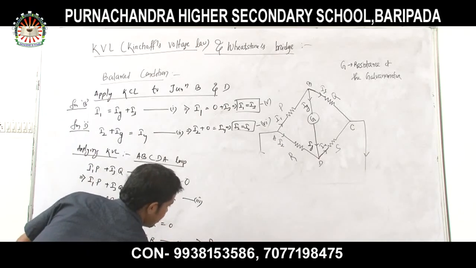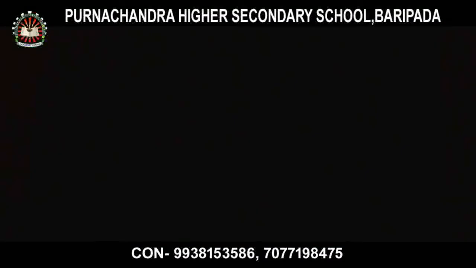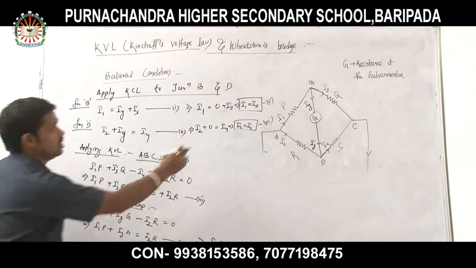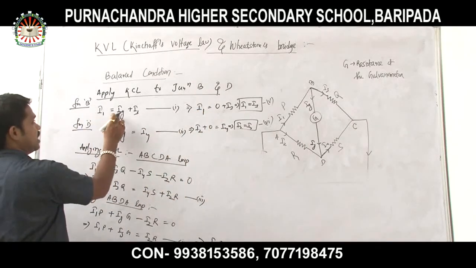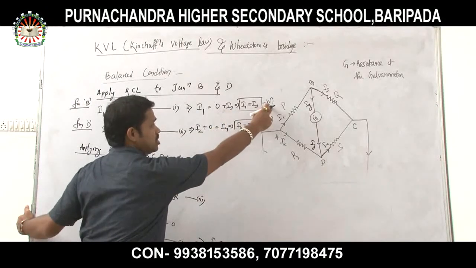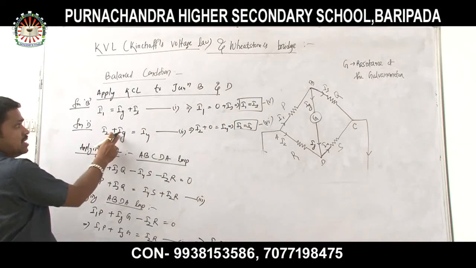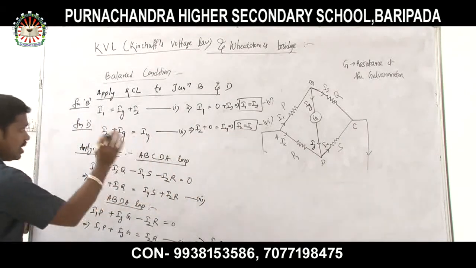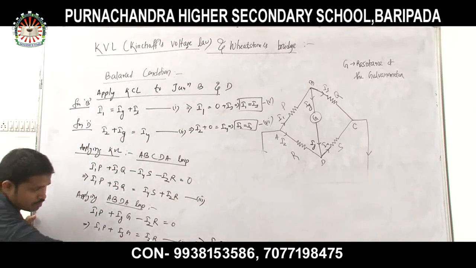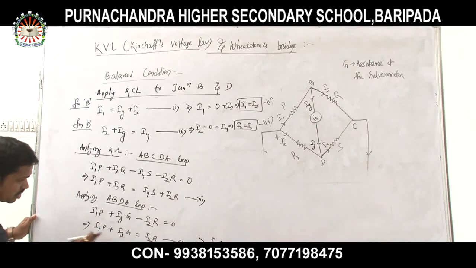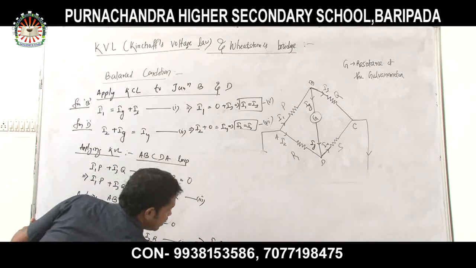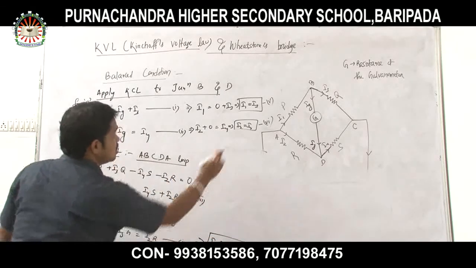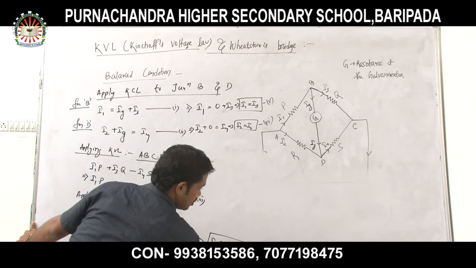So what I can write? By putting Ig equal to 0, we are getting I1 is equal to I3, which I will call equation number 5. Then putting again Ig equal to 0 in equation number 2, we will get I2 is equal to I4. Now again there is a term Ig in equation number 4 also. So let us put it 0, then what will I get? Now I1P is equal to I2R. Clear? So this is 5, this is 6. Let us take it as equation number 7.